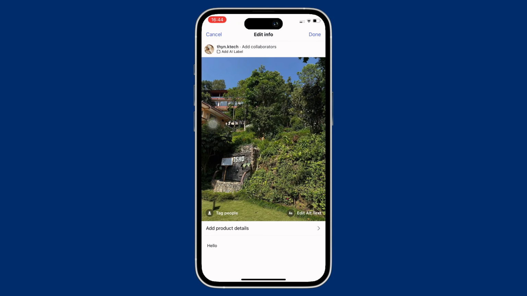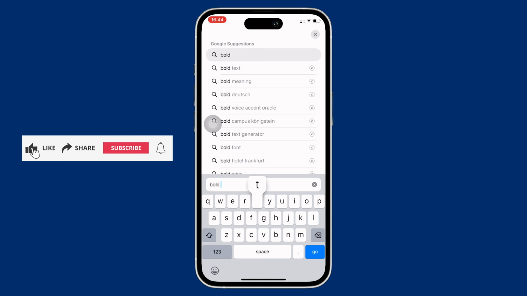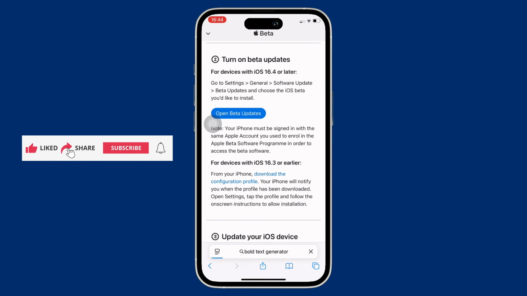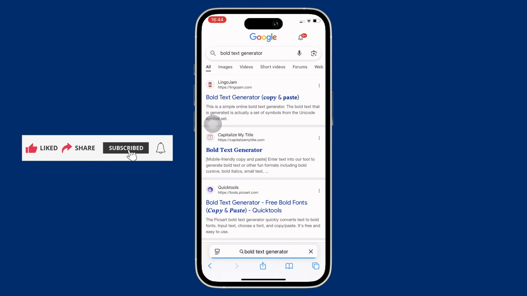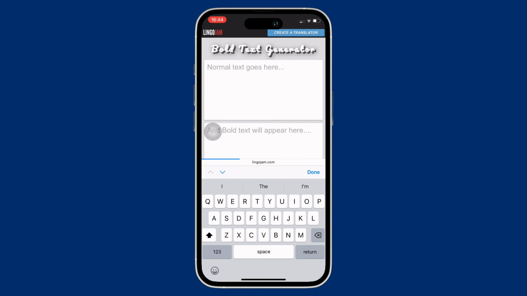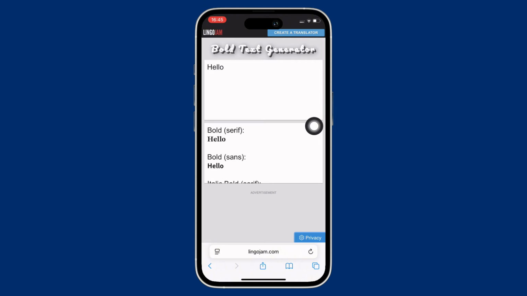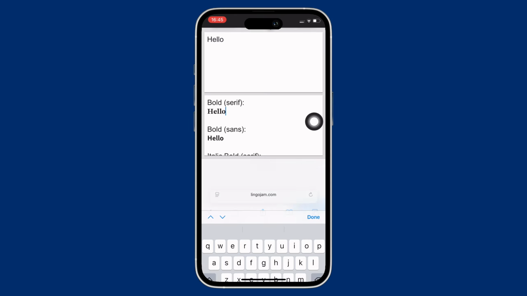Now go ahead and open your preferred browser and in the search bar search for bold text generator. Further tap on any of the links available here and then go ahead and paste your text that you just copied in the first text box, and in the next text box that appears you will see various bold texts. So go ahead and select any of the bold text font that you want to copy and paste it further